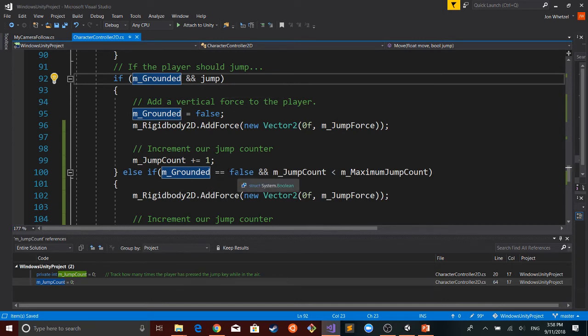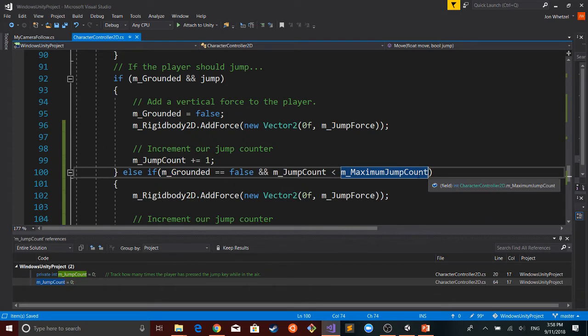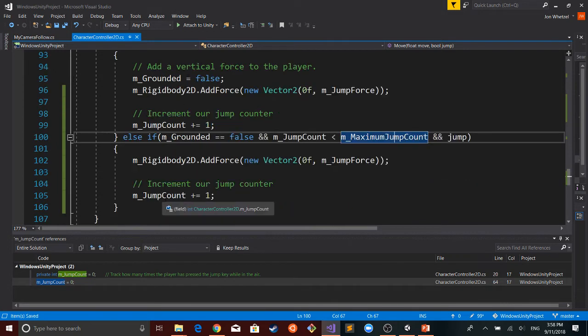Here we're saying we're not on the ground, the jump count is less than maximum jump, but we still need to see that the player is pressing the jump button. So I need to add in one more and. Now, if we're in the air and we're pressing the jump button, and this count has not exceeded the max, then call that. So, does that explain why, or can folks see why we were getting the result that we were having previously?